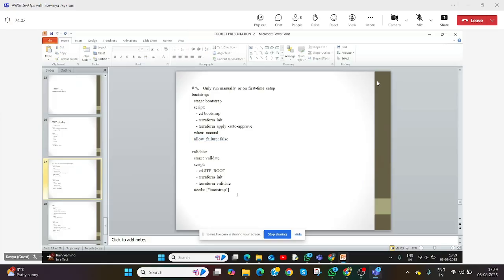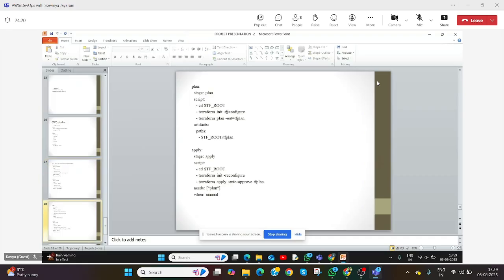Then validate. Inside the root folder, it will give the init command and validate. To validate, it first of all needs the bootstrap process, so I have given this as needs bootstrap. Only when bootstrap is executed, the validate function will execute. Then it is the plan stage. In this plan stage, inside the root folder, we have to reconfigure because it will remove the existing caches and